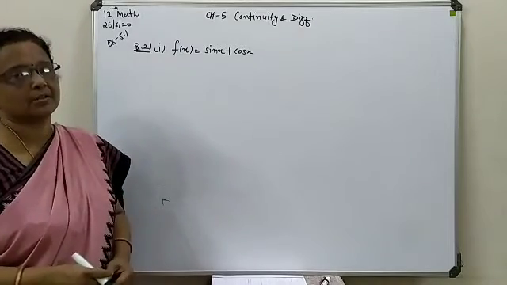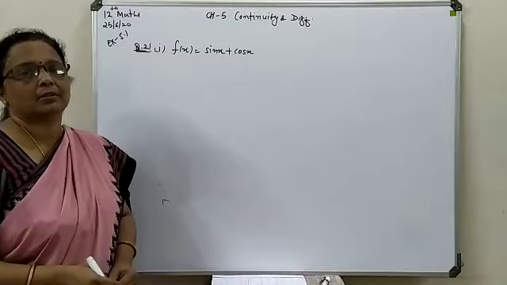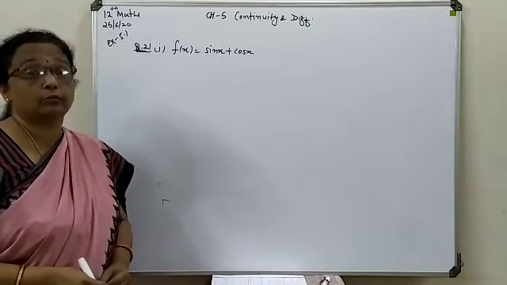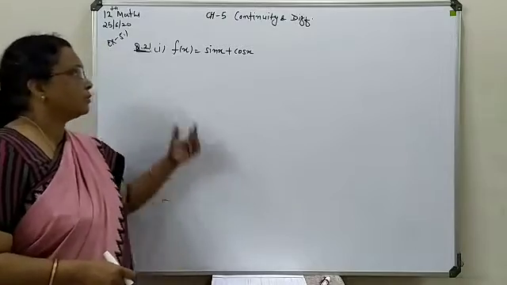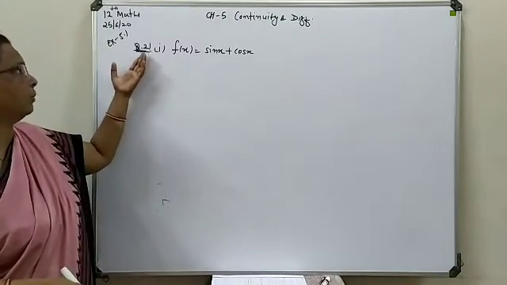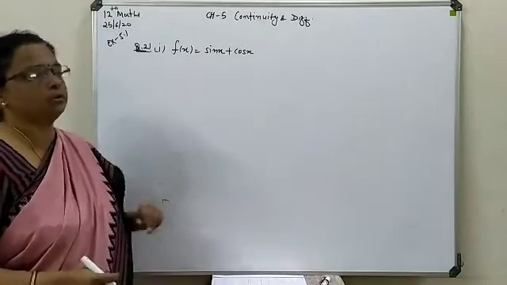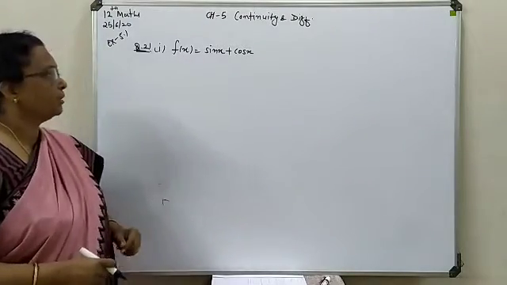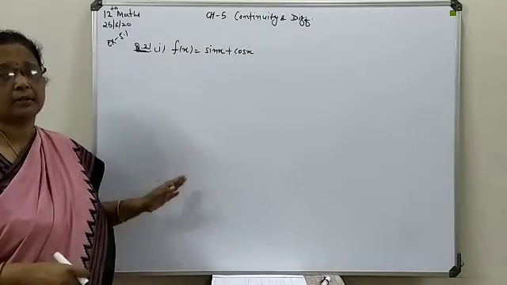Here a particular point is not available, so in general we will talk about it. When you are talking about a general point, either you will go for c or you will go for the a plus h form. So here we have question number 21, first part, all the parts of the same category. I am going to discuss the first part, and in the form of a and h we are going to sort it out.